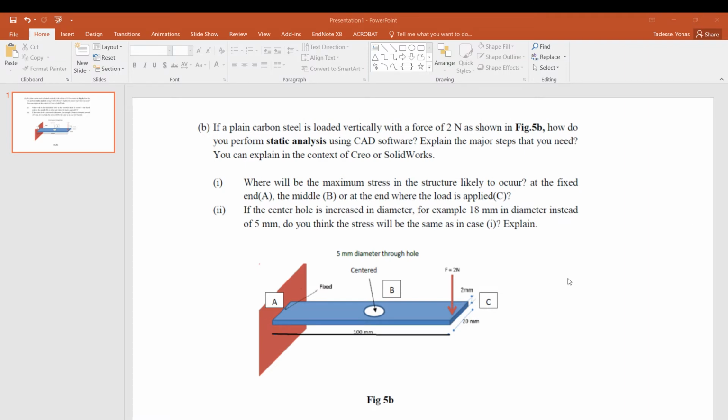So we'll begin solving an analysis problem using CAD software. Here we have a cantilever structure which is loaded vertically with a force of 2 Newton at the end. The cantilever has 100 millimeter in length, 20 millimeter width, and thickness 2, and we'll investigate the stress and